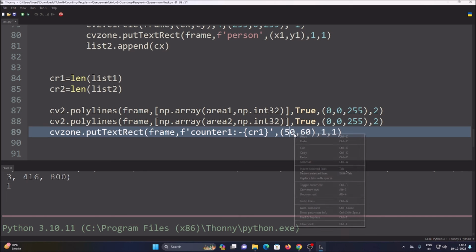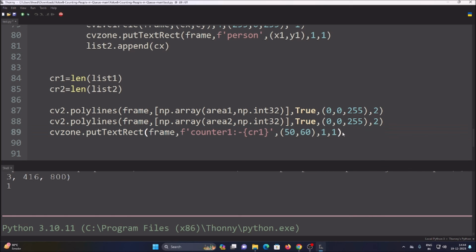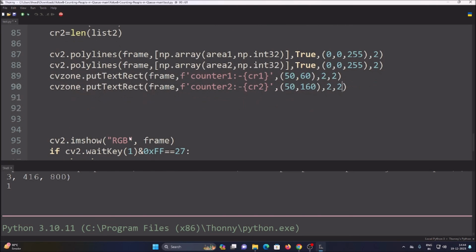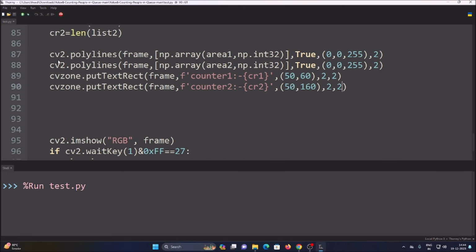and then just copy paste the code, and mention a second counter, which is counter 2, inside the curly braces. Simply mention cr2, then 50, 160, let's say, and simply we are going to change the rectangle size, also the text size. Now we have our waitKey 1, which means we start our while loop. So simply save the code. If I run the code,